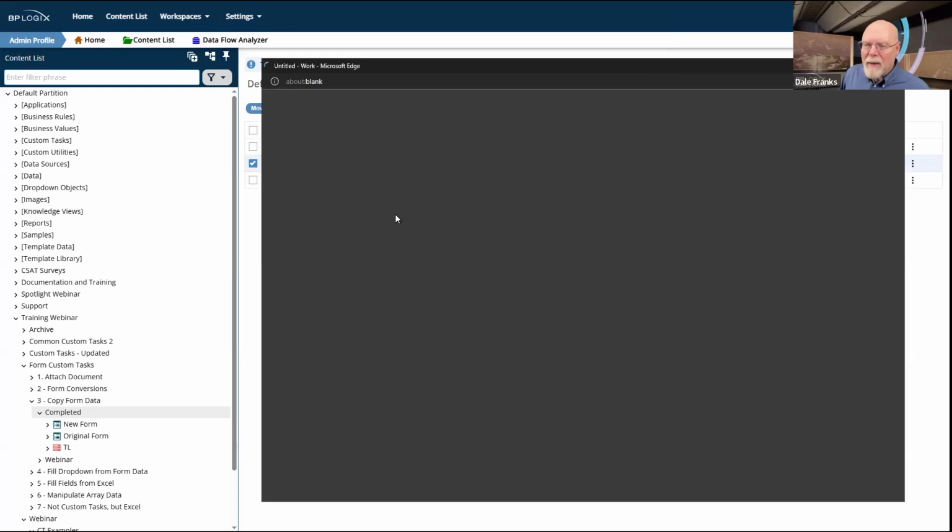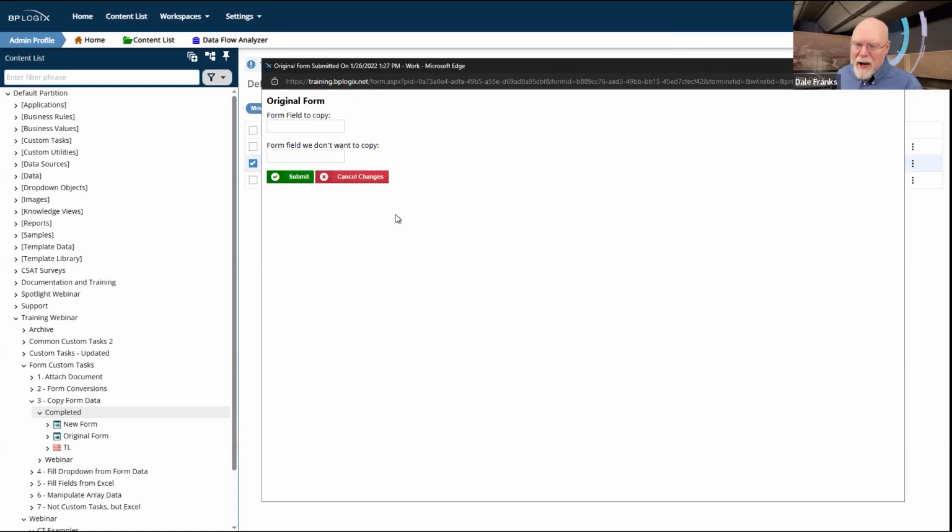Whenever it compiles and displays to us, I'm going to fill it out, or at least partially fill it out. So here is my original form field. This is the field that we're going to copy. And then I have the second field here. We're not going to copy that to another form, but we are going to copy this value to a second form. So I'm going to hit submit.